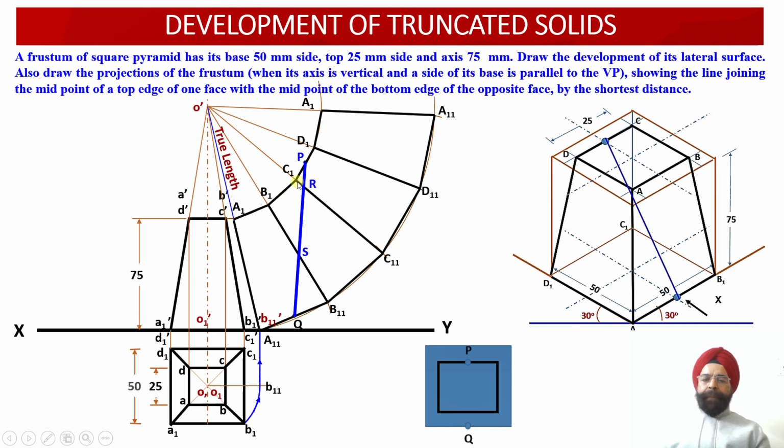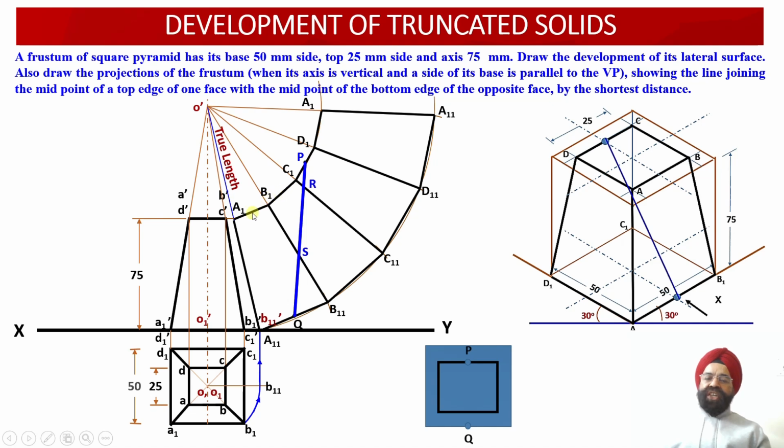So point R happens to be the point of intersection of the string PQ with the slant edge C1, C11. Point S happens to be the point of intersection of the string with slant edge B1 and B11. Now let us locate these 4 points P, Q, R, S into the front view and the top view projections over here. So now if we bring point P in the reverse direction,